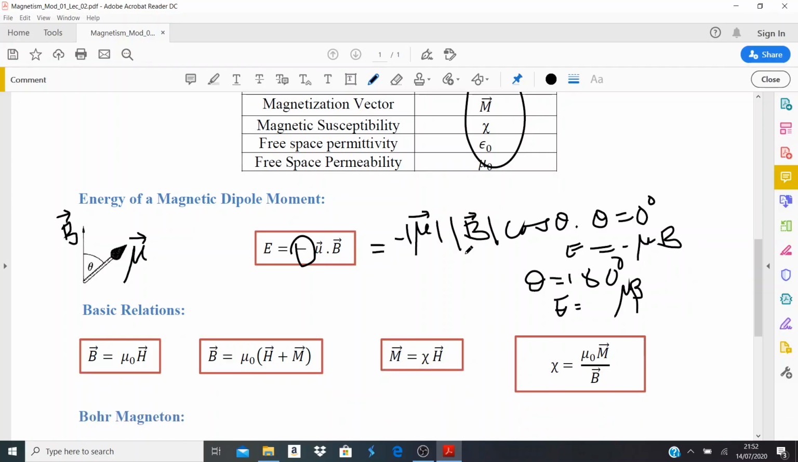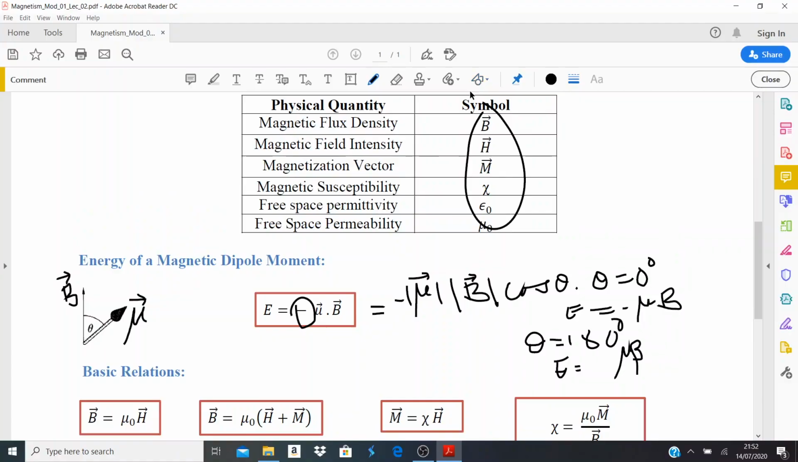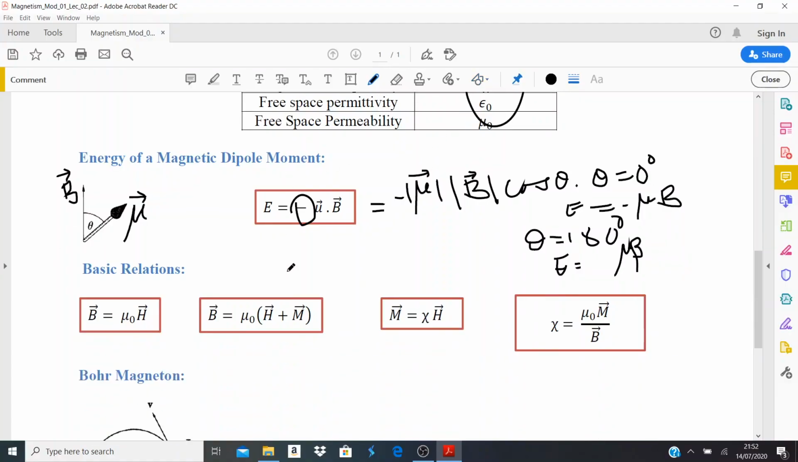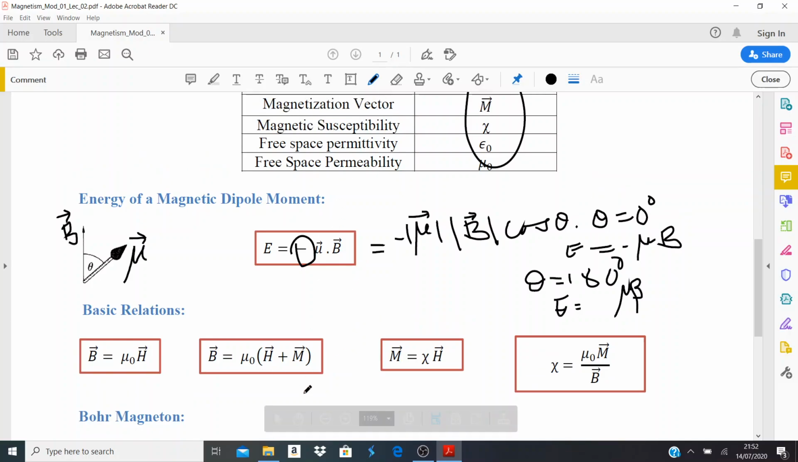Also, we need some basic relations between these physical quantities. For example, in free space, B and H are related by this relation. And if there is a magnetic material which has a magnetization vector M, then this equation changes a bit, and we have to add the M to the magnetic field intensity vector. And if we assume that the field strength is not that high, then we can make the assumption of linearity, then